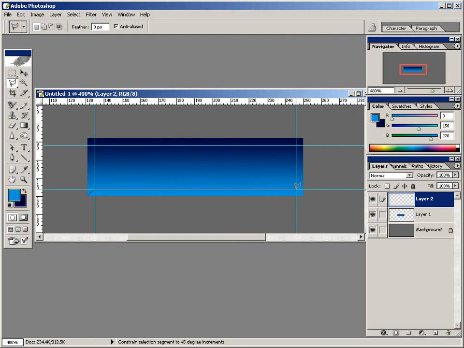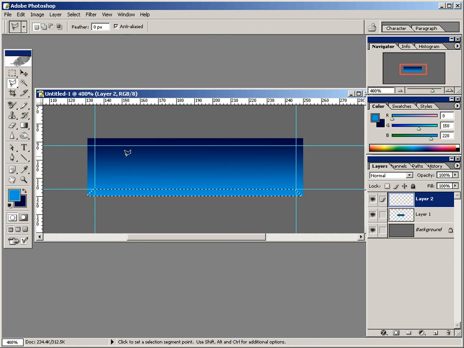You come to the other side, right where the two guides meet, right there. Click again and then drag down to the right corner. Click again and then drag back over to where you started. There you go. And we've connected the selection, or we've connected the lasso,